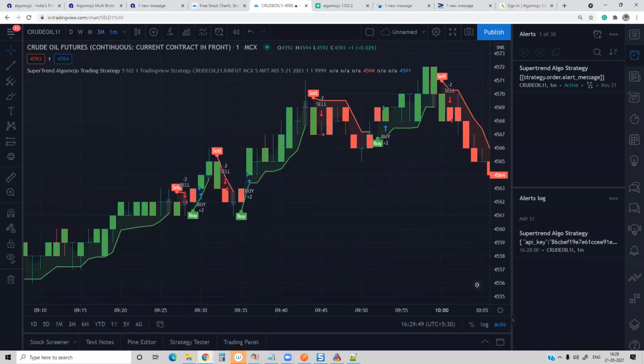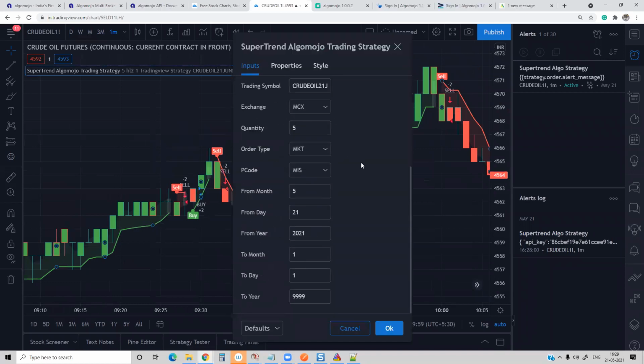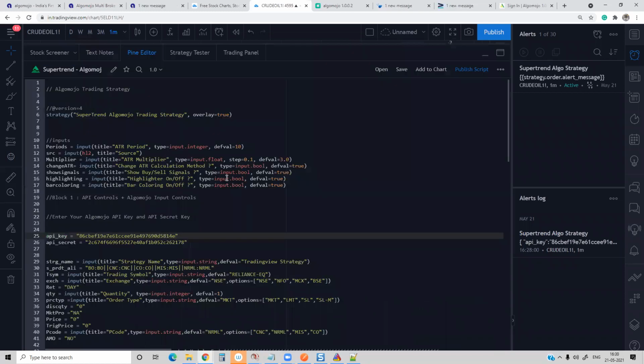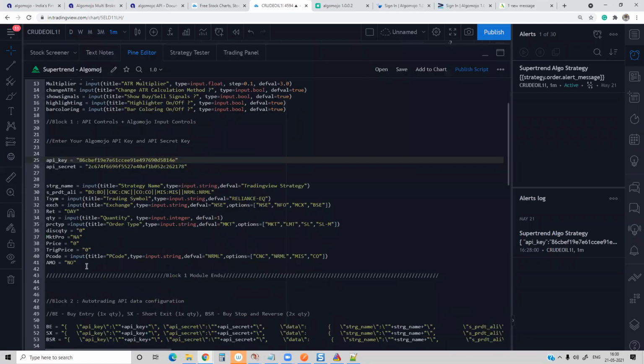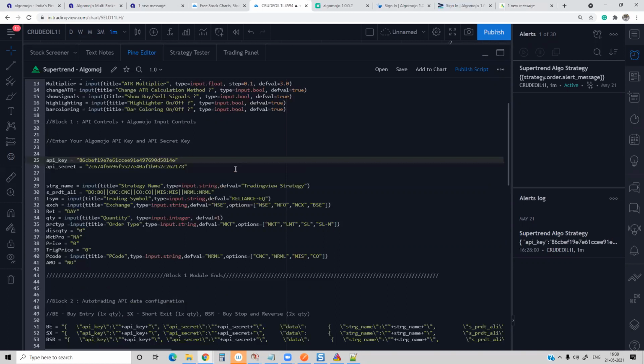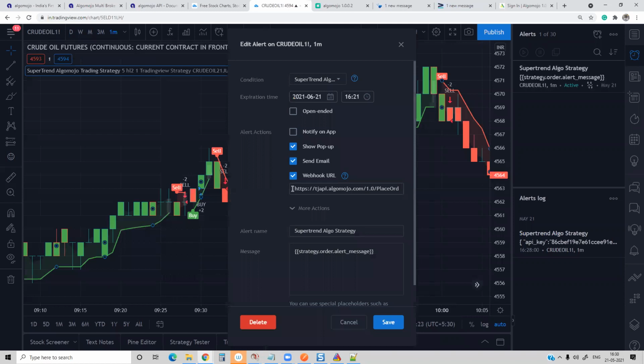A question came up: how to input the symbol for crude oil using the Zebu broker. Yes, that's again an interesting question. So here in this case, if you go to the section here, I had given the broker as well. If somebody is using a Zebu account, it's very simple. You have to go and set the settings here. You have to send the same order to the Zebu broker.